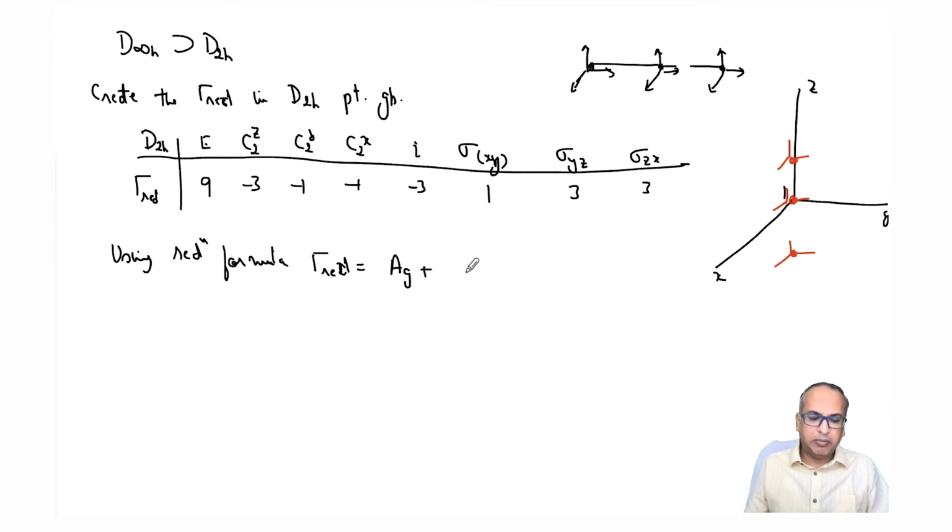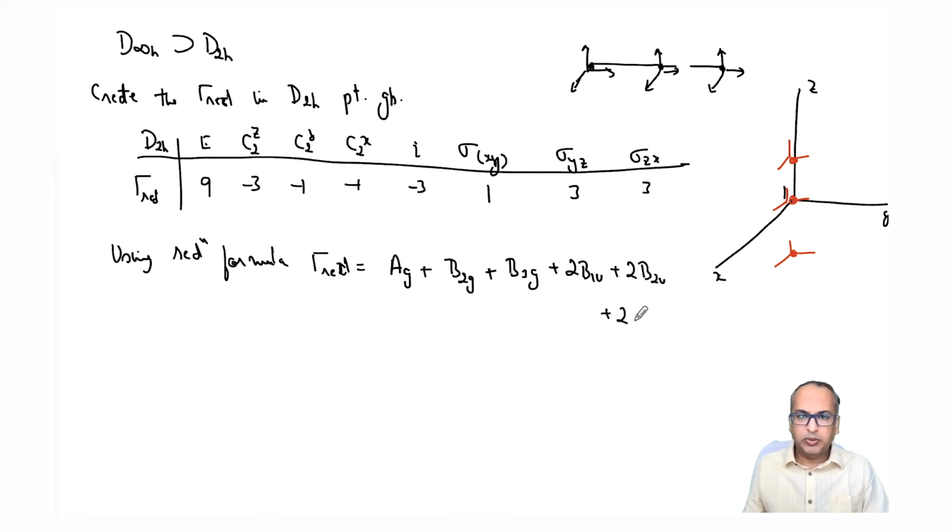Ag plus B2g plus B3g plus 2B1u plus 2B2u plus 2B3u. So this was a 9-dimensional representation. So overall, it should contain 9 1D representations. So this is 1, 2, 3, 4, 5, 6, 7, 8, 9. So this is correct. Of course, you will have to use the reduction formula to be able to say that